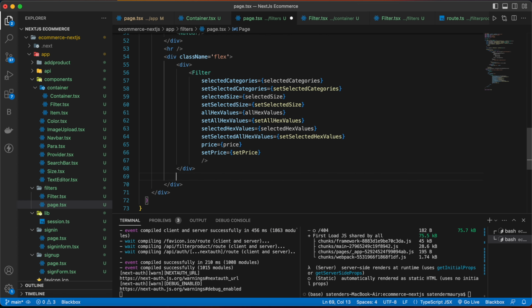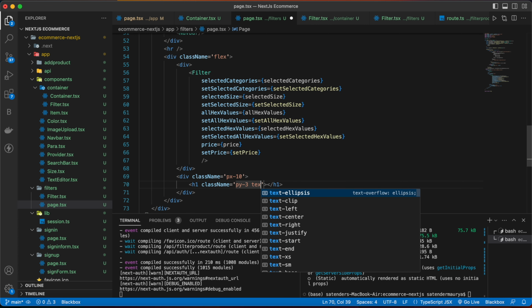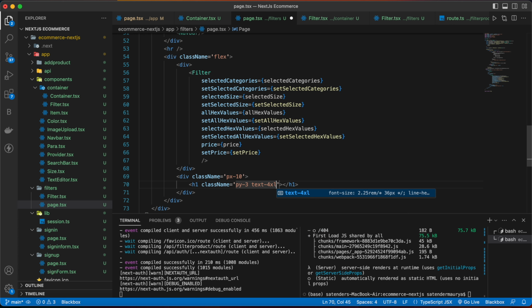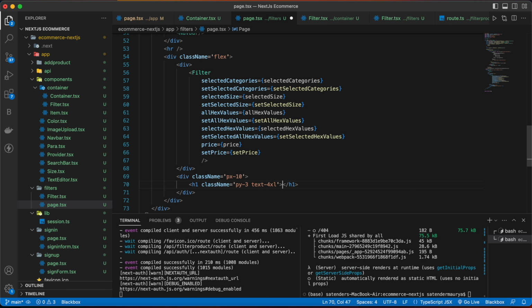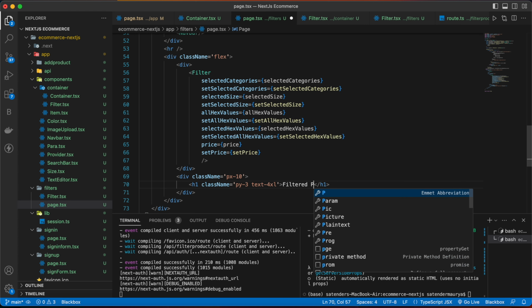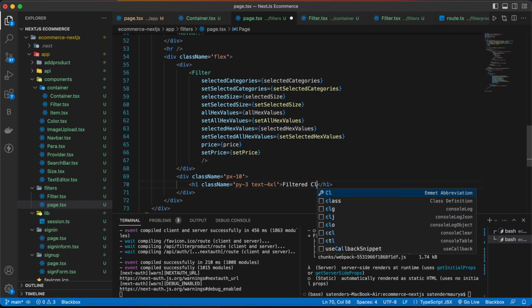Now outside this div, make one more div with the class name of px-10, and then inside the h1 tag the class name of py-3 text-xl, and write filtered products clothings.